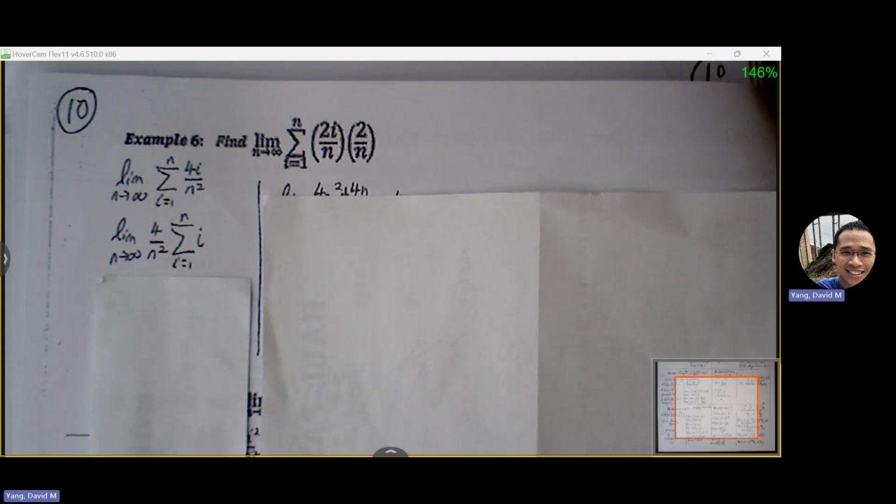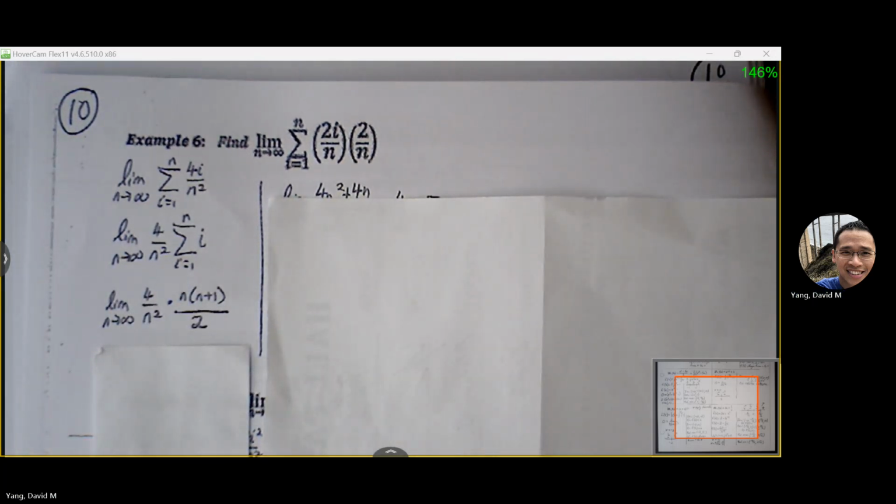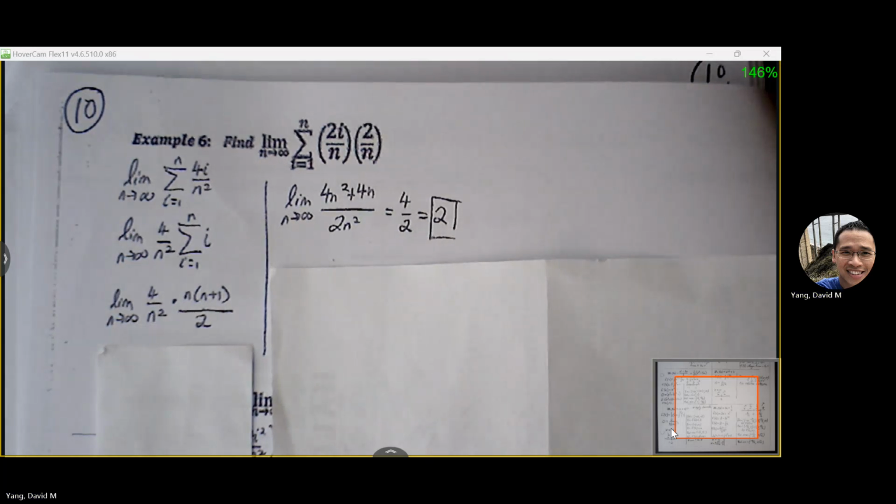We have a summation rule for that. We know summation i, if you look on the previous page, is n times n plus 1 over 2. Once you get everything in terms of n, then we can move towards comparing degrees. Clean all that up under one fraction. 4n squared over 2n squared. That's just equal to 4 over 2, which is